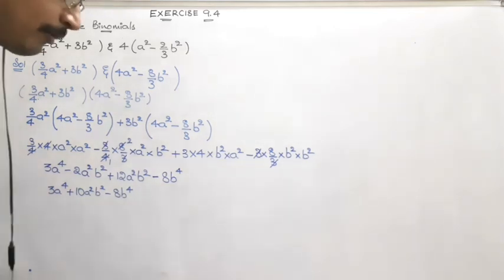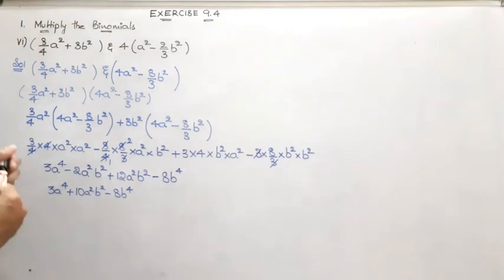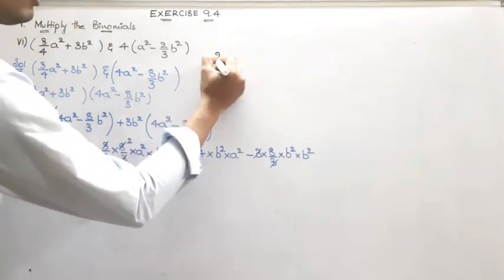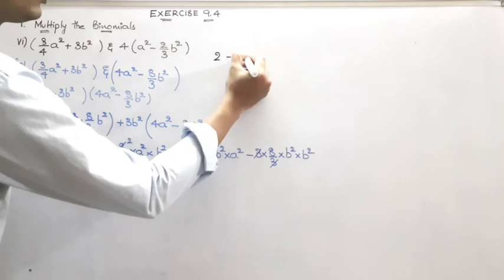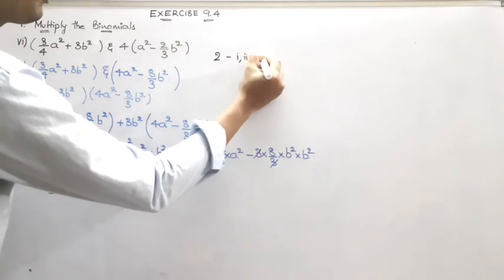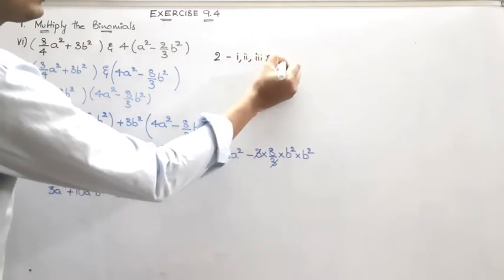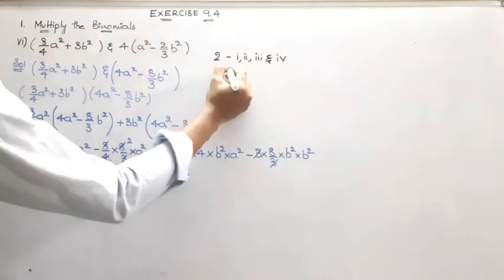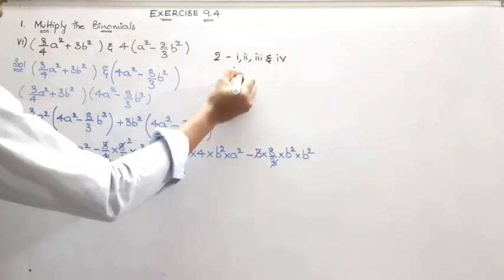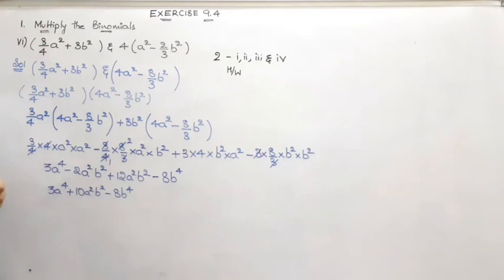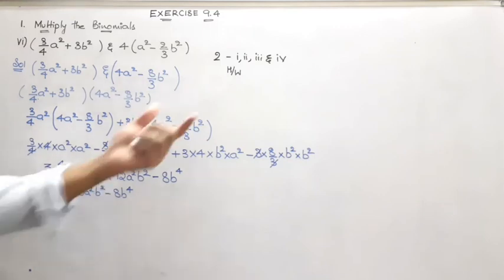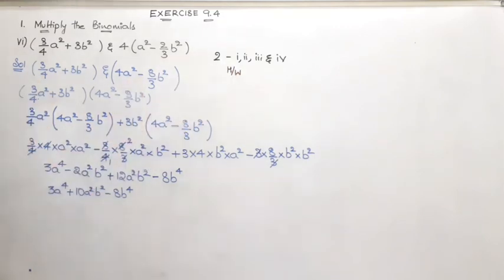The second Roman of this exercise, second Roman 1, 2, 3 and 4 problems completely are going to be your homework for today, because even the second Roman is also about finding the product of binomial with a binomial. So please do at home, complete second Roman in your homework book. Now we are moving to the third Roman of this exercise.